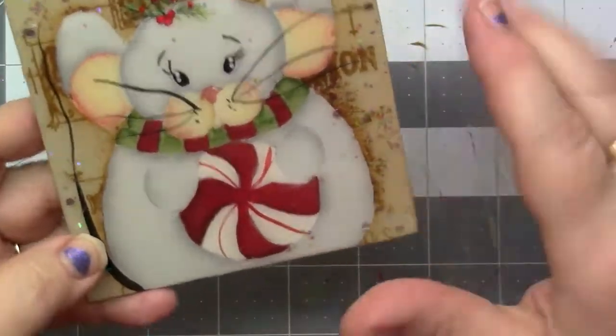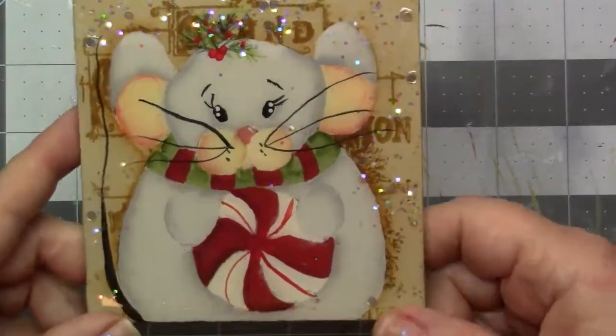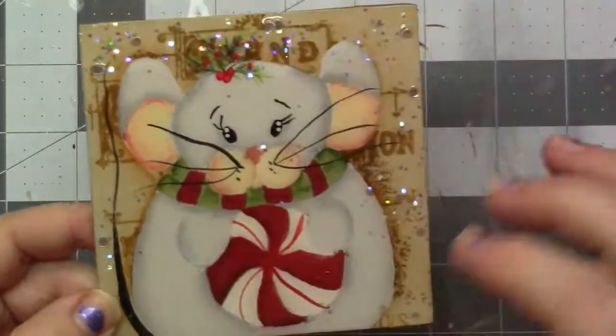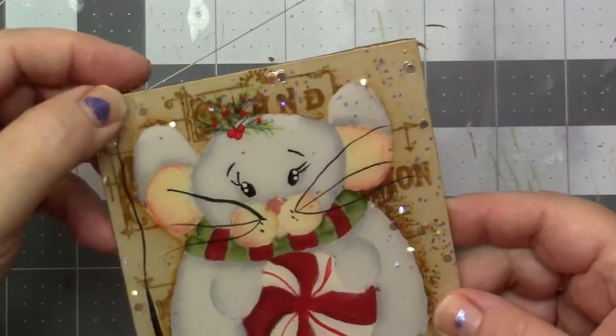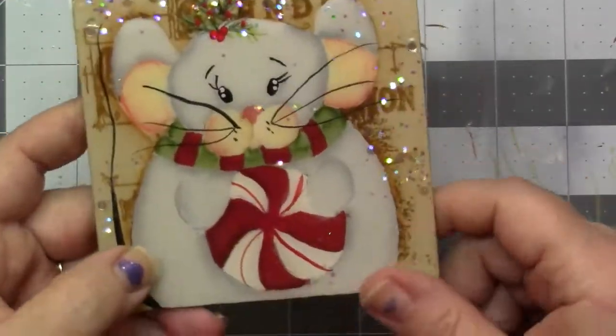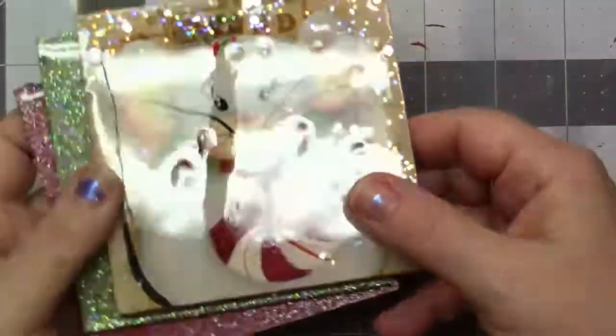At first, I was a little unsure, but the more I look at him, I think by putting the brown around him, I really, really like him a lot. So he is super cute. So yeah, there are cute little coasters